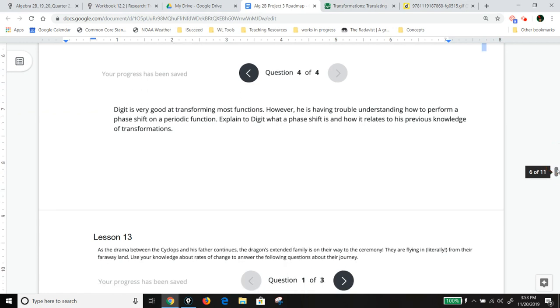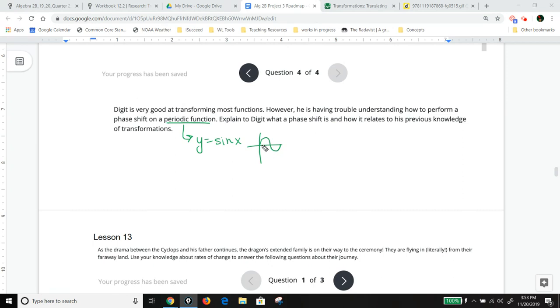Digit is good at transforming most functions. However, she's having trouble understanding how to perform a phase shift on a periodic function. Okay, so what is a periodic function? It is something that happens periodically, which could be an example of your sine function. So if you remember your sine function, it looks like this, where wave, down, up. That is one full period of the wave, or one full